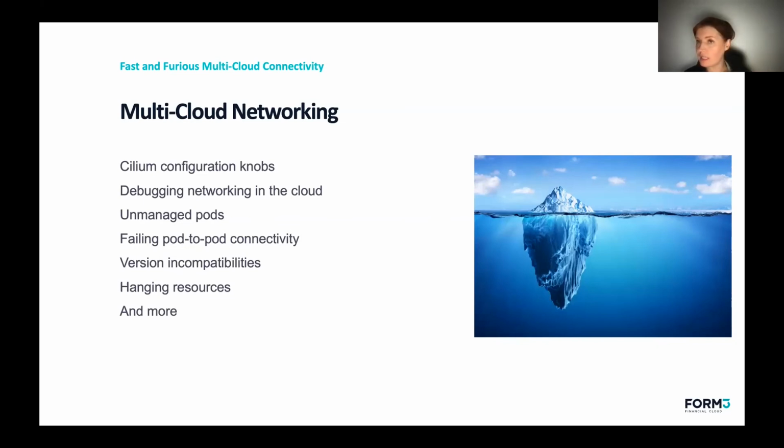Another lesson learned during our development phase was that to debug networking in the cloud, you need special tools, and you need to change your approach, because not all regular tools are available, and not all regular tools work as they do on your local machine. Cloud providers limit your options.